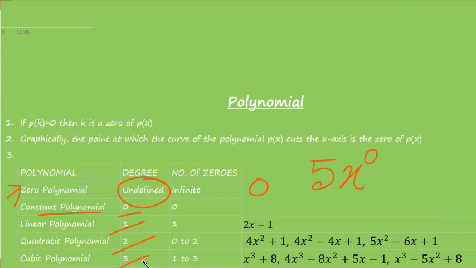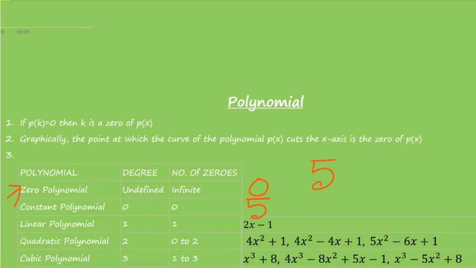For example, 5 is your constant polynomial, and we don't write this x to the power 0 for a constant polynomial, right? Hence, that x to the power 0 gives us the constant polynomial degree as 0. We get the degree of the constant polynomial as 0. But what is the number of zeros that we can get for a constant polynomial? That is